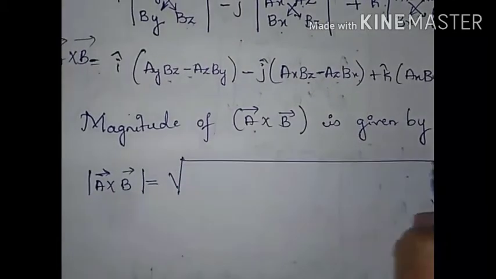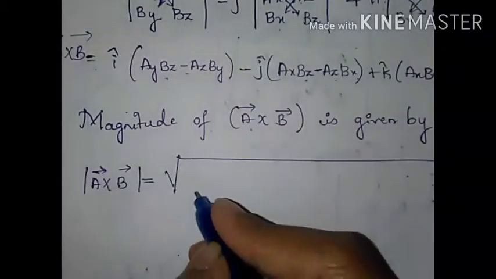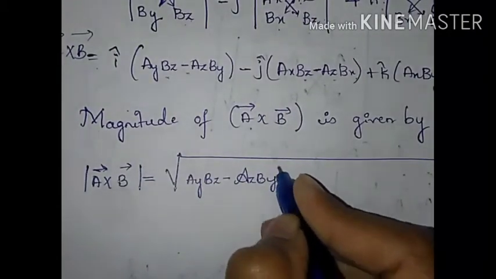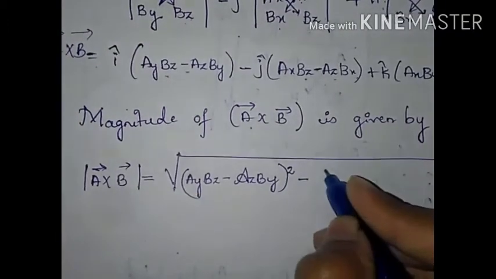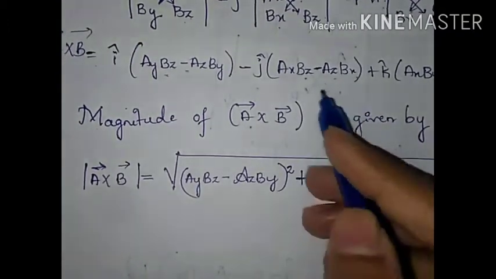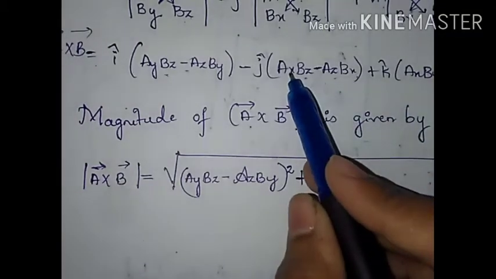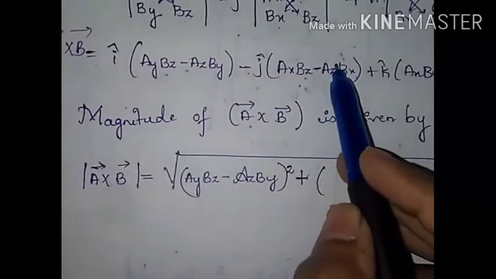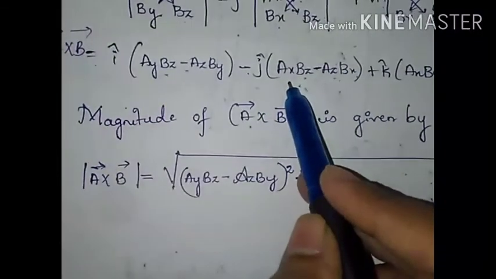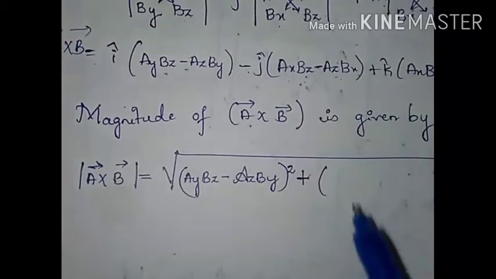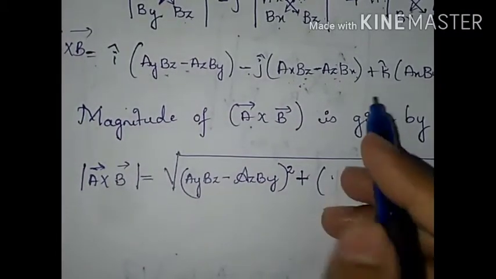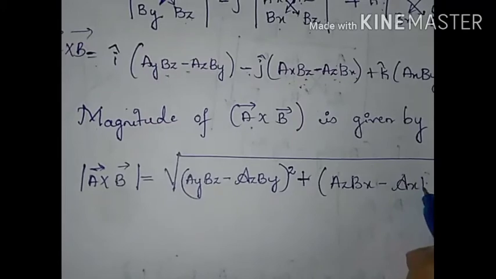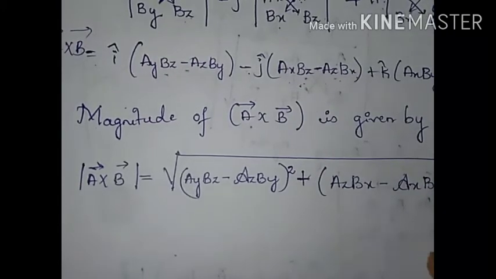So root over, so this term (AyBz − AzBy) whole square minus, so this is plus Ax. So if you multiply this negative sign to this term, what will happen? This will become plus and this term will become minus. So do multiplication and keep the positive value of AzBx. So (AzBx − AxBz) whole square